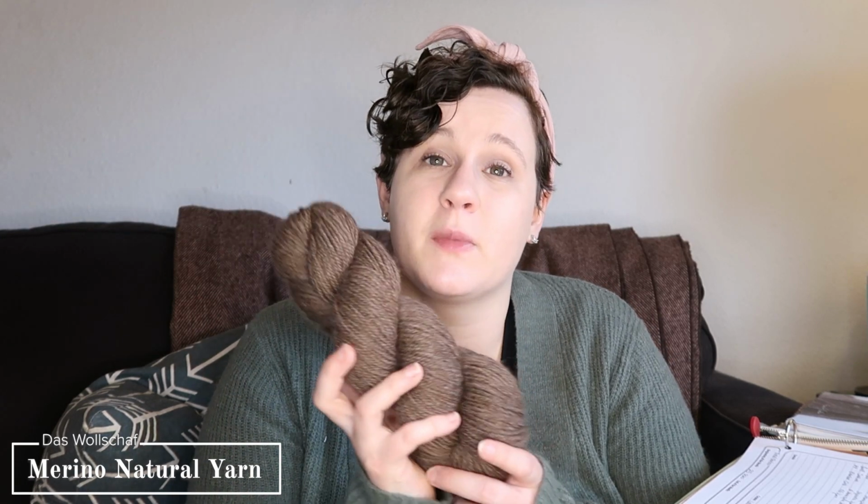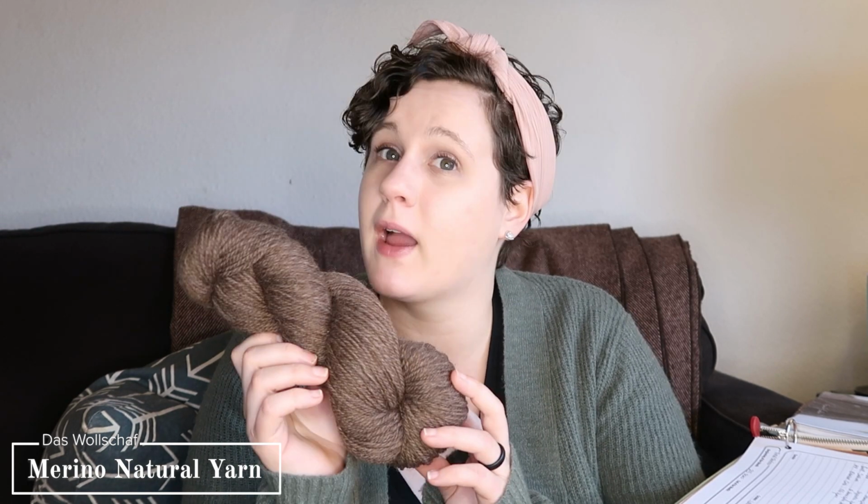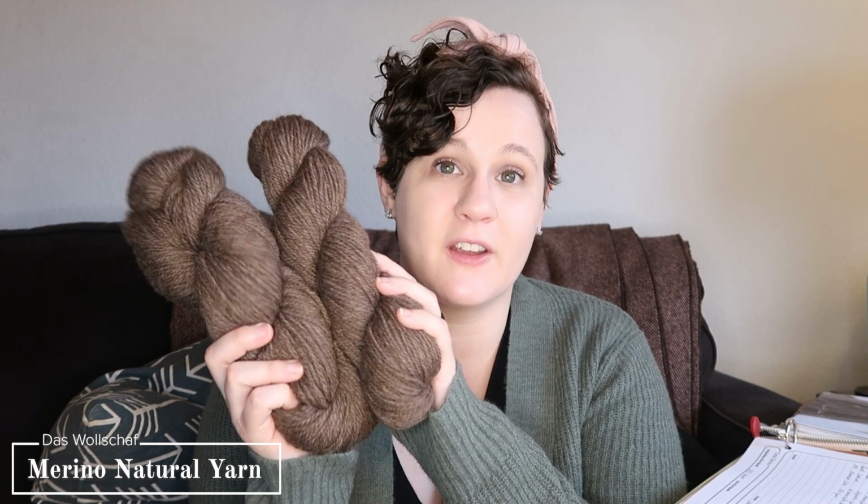The first thing I got was some more skeins of some Merino natural yarn. This is from a German store called Das Wollshaf, and Courtney had asked me what I would like for my birthday, and so I asked for enough yarn of this color to do my throw over sweater. I have the 3 colorwork alternating skeins. There are some half 50-gram skeins that I got from Knit Crate, I think last month, and she helped me pick the main color skein, and so I have got 5 more skeins of this color yarn to make that